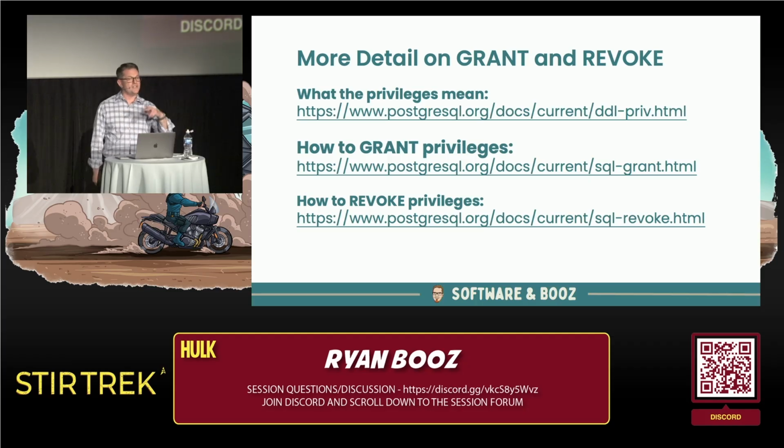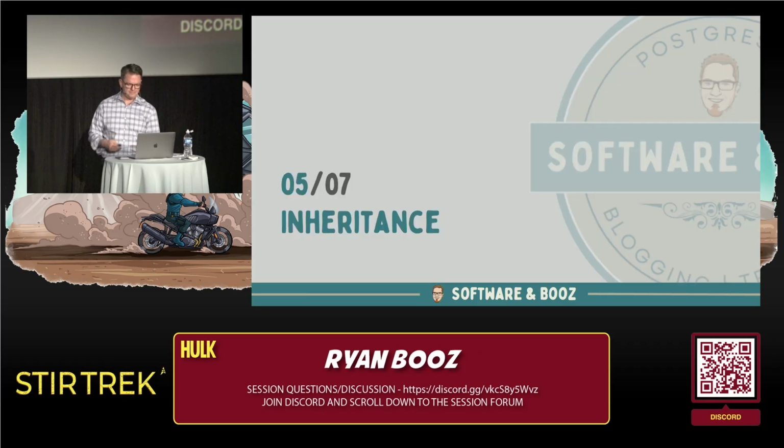These are the URLs. I will make the slides available. If you happen to want to take a picture, I'll pause for a second. These three pages in the documentation allow you to say, if I have a table or a function, what does execute do on a function versus maybe a procedure? You can match those things up. These are the privileges, and within a grant statement, here are the privileges allowed and what they actually allow on that kind of object.